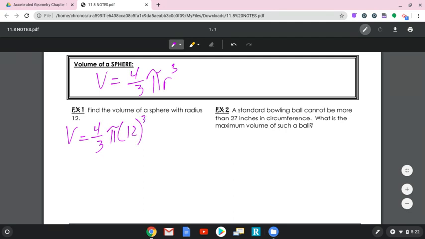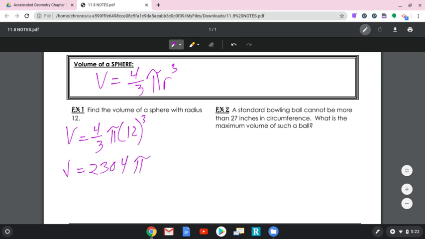Now, if I asked you for the answer in terms of pi, I would just cube 12 and multiply it by 4/3. Okay, and when we do that, let's take a look. We're going to take 12 cubed and then multiply it by 4/3. And you should get the volume to be